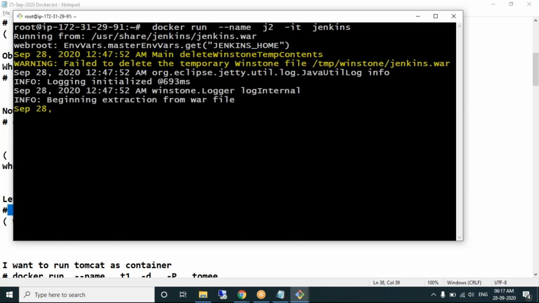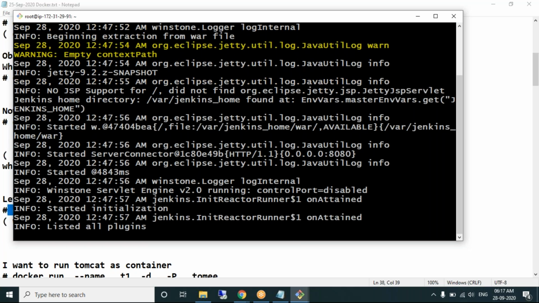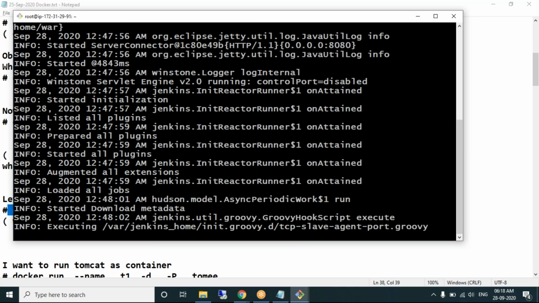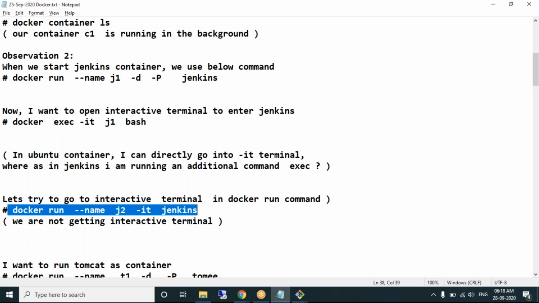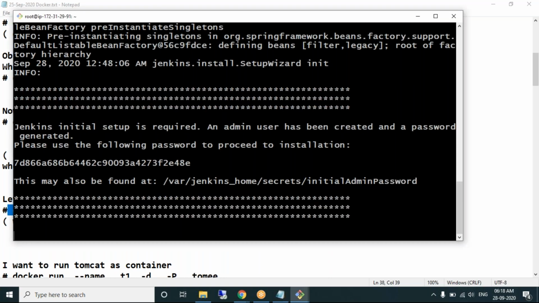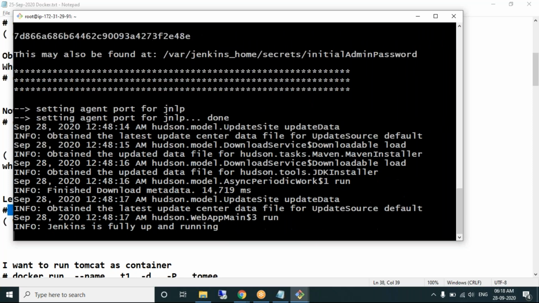Jenkins is starting. See, are you able to enter into the container? You're getting log messages and finally the message Jenkins is fully up and running. You're not able to enter into the container.